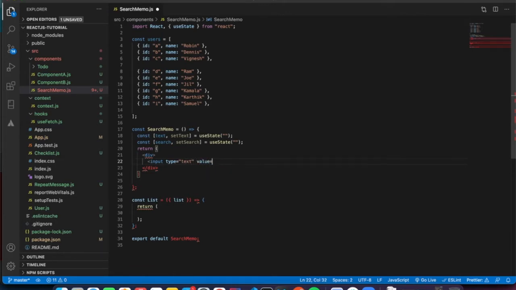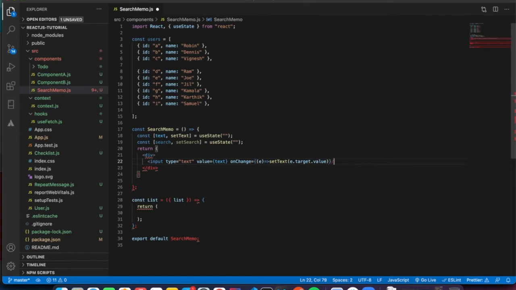So the value will be the text, and onChange we have to write handleText. We can directly write here as well, like e => setText(e.target.value).